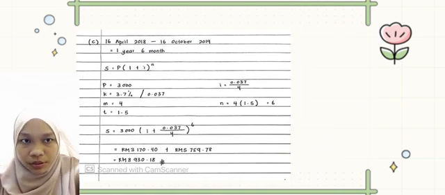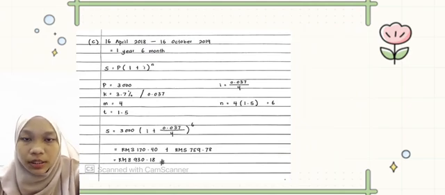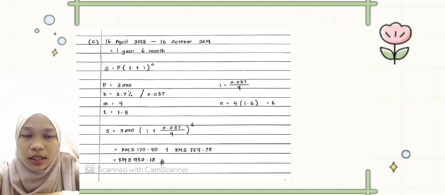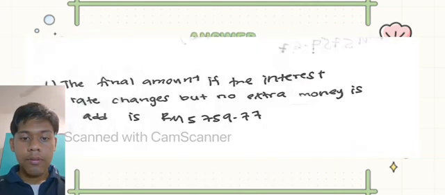From the previous question, Sasha earned 759 ringgit 78 cents interest from 5,000. So the total final balance is 3,170 ringgit and 40 cents plus 759 ringgit 78 cents. So the total final balance on 16 October 2019 is 8,930 ringgit and 18 cents. Finally, the total amount without the additional money RM3,000 is